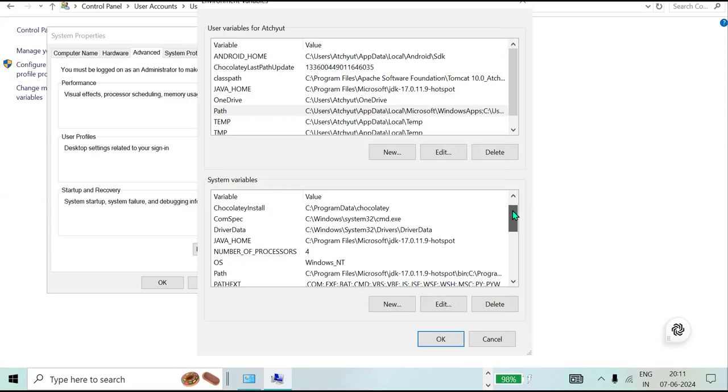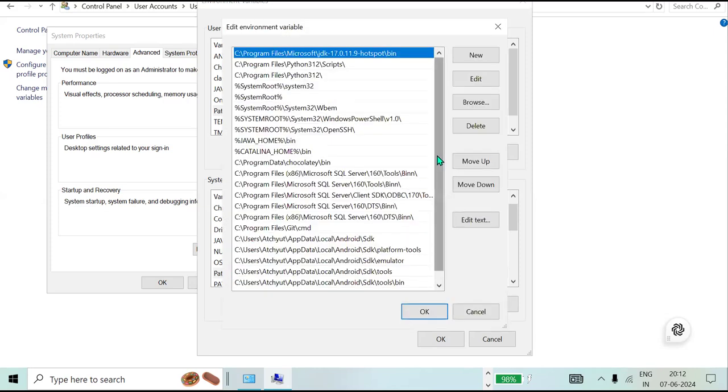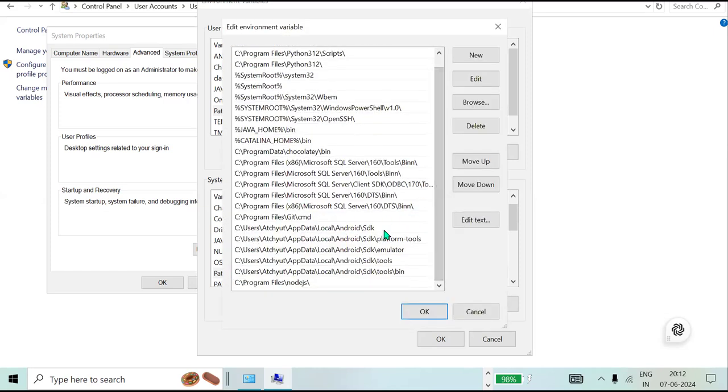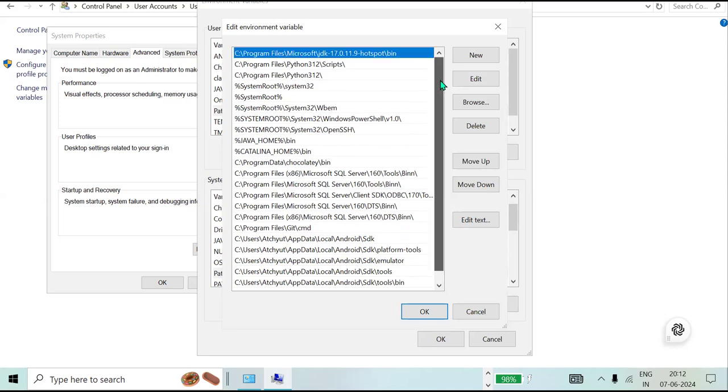You have to do the same thing in the system variables also. We have user variables and system variables, so you can find Path in system variables too. Click on Path here, and here also you do the same thing. See here, we have added SDK platform tools, emulator tools, and tools slash bin. So here also you have to add the path of